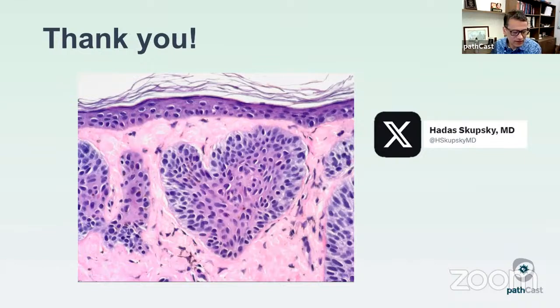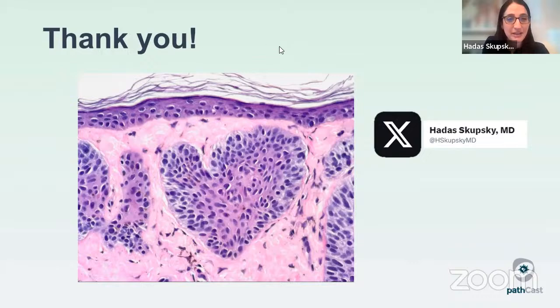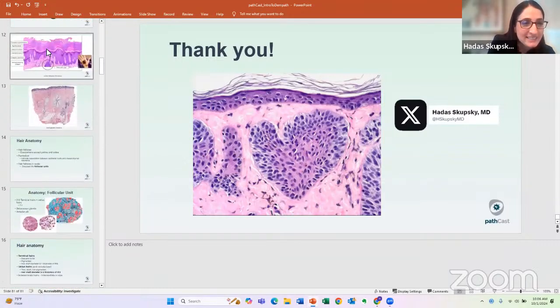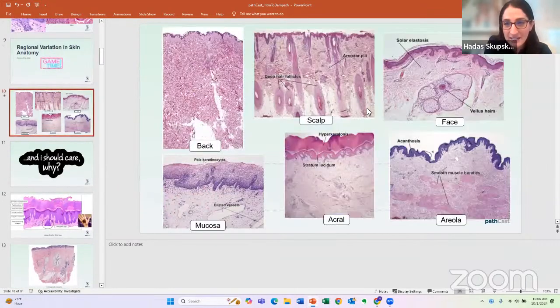So there is another question, Dr. Skupsky, about the thickness of skin layers in different areas of the body and how they influence different skin pathology. Yeah, so we looked at the different skin layers when we looked at the side by side from the different anatomic areas. We really see that in the skin, form meets function. So it will relate to pathology in the sense that